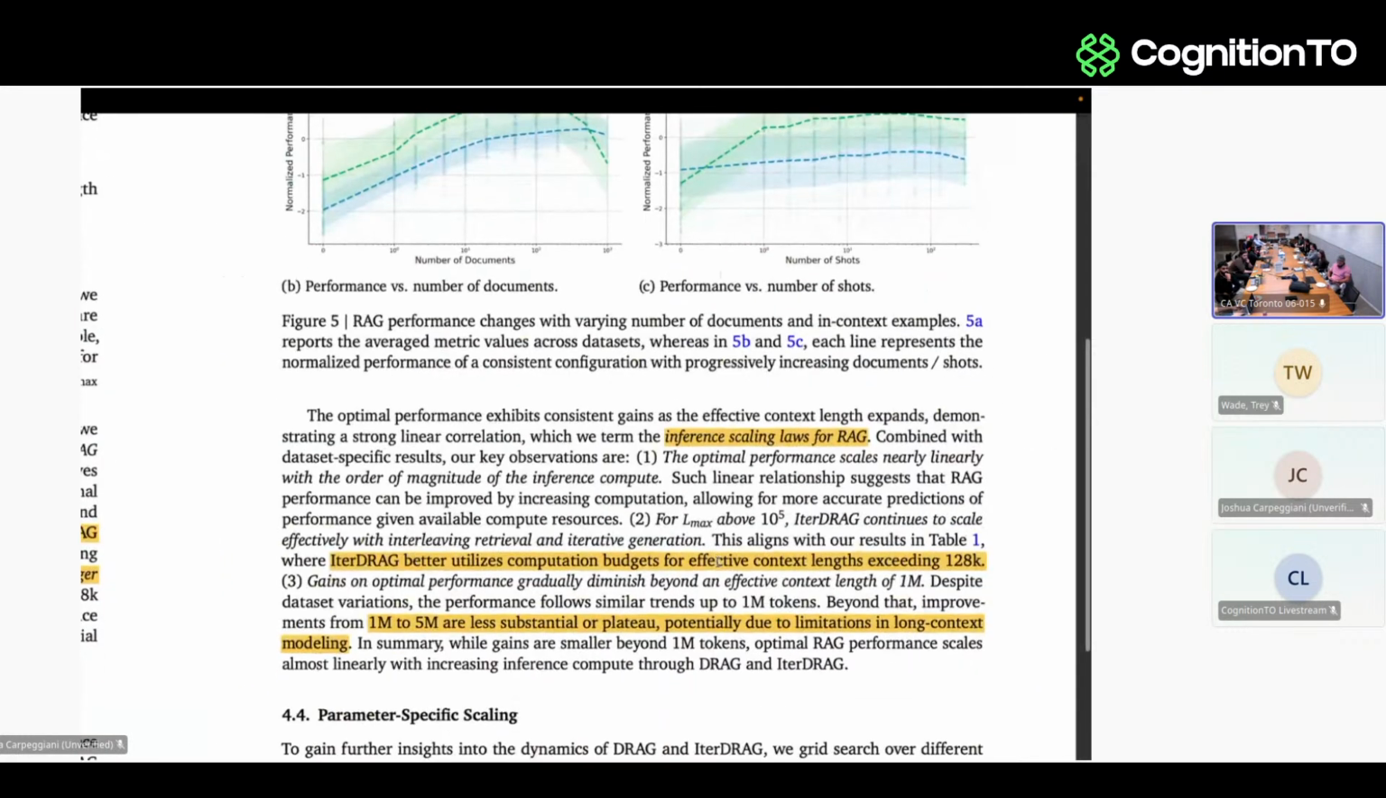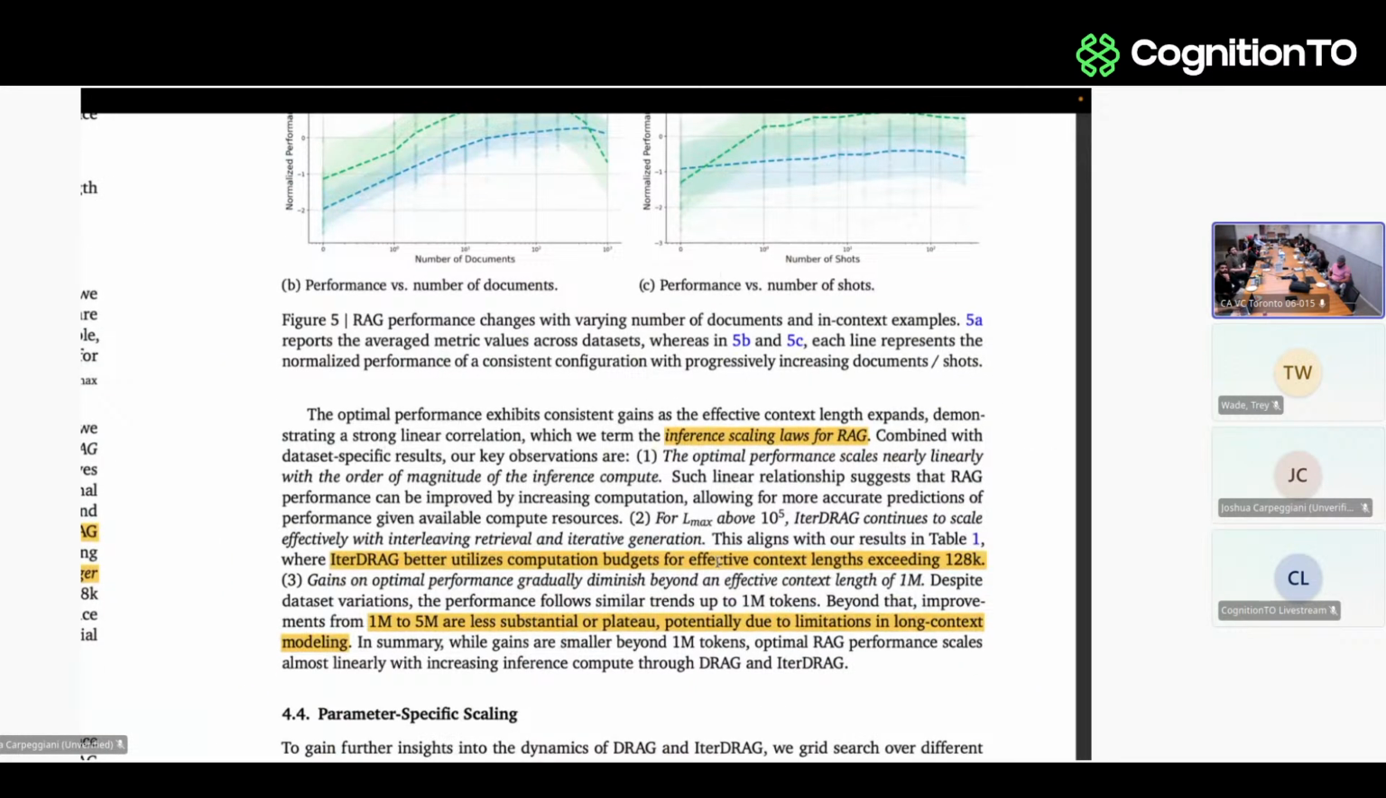The optimal performance exhibits consistent gains as the effective context length expands, demonstrating a strong linear correlation, which we term inference scaling laws for RAG. Combined with dataset specific results, our key observations are the optimal performance scales nearly linearly with the order of magnitude of the inference compute. Such linear relationships suggest that RAG performance can be improved by increasing computation, allowing for more accurate predictions of performance